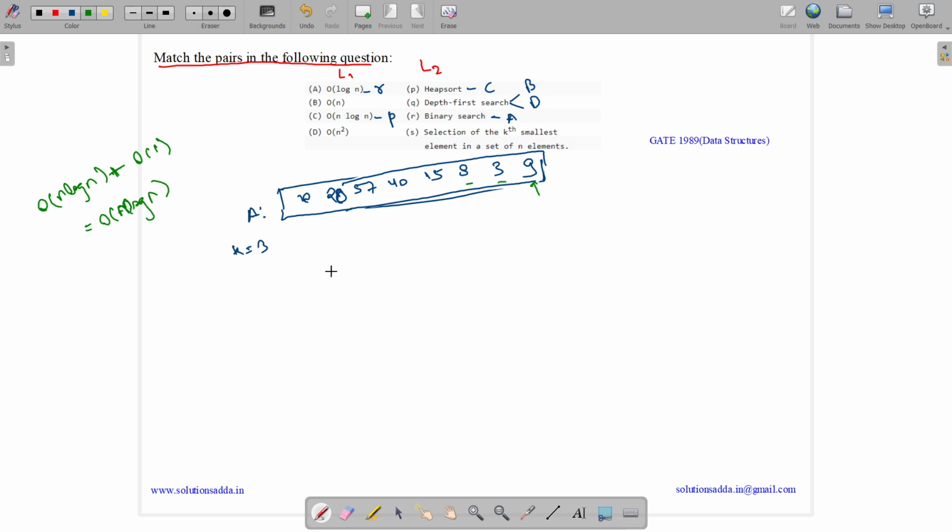So I will tell you a method. We will use the partitioning method. What happens here is that we select any item as the pivot, the first item we select as the pivot. The pivot selection complexity will be order of n. Then 10 will come at its position. All the items less than 10 will come on its left, like 8, 3, 9, not necessarily in the same order. And all the items greater than 10 will be on its right, 40 as well as 15, not necessarily in the same order.